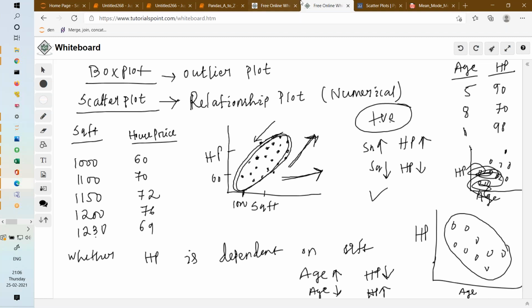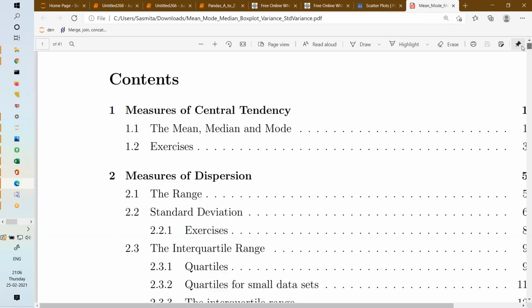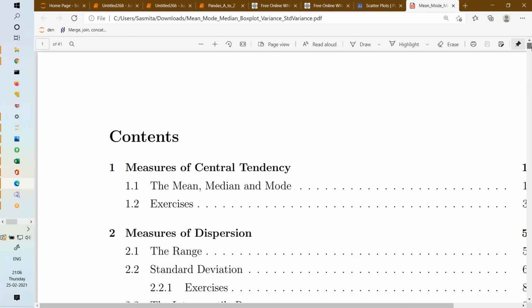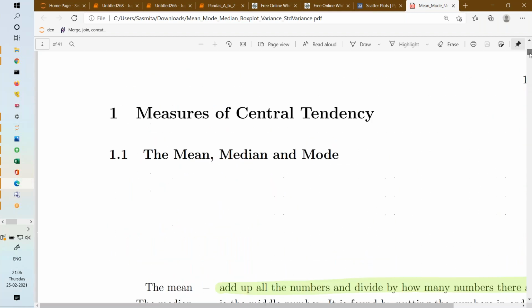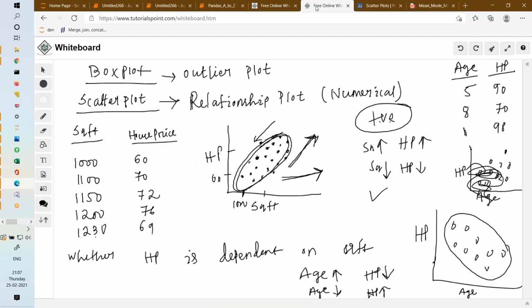I'm going to share this note with you, a very nice note. We have not completed this note, but whatever we have seen, like the central limit theorem, mean, median, mode, is covered, and the second chapter we will discuss later. But the box plot you can see in the last chapter, right? Solution, chapter 5, box plot we have seen. So you can see this. Today after the class you can go and read the notes. Is it clear? Any doubt? Are we all good? Yes, ma'am. Okay.